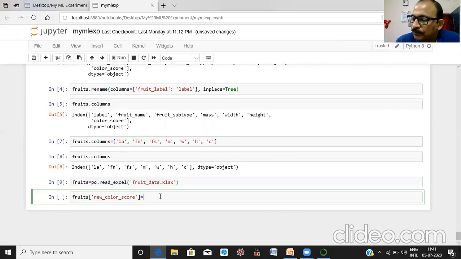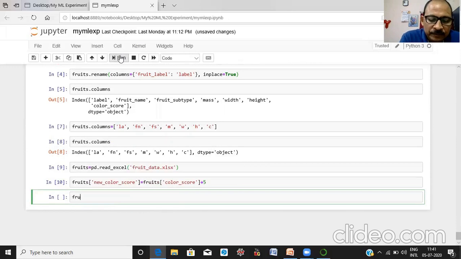Now the old column is color score, plus 5. Run it.